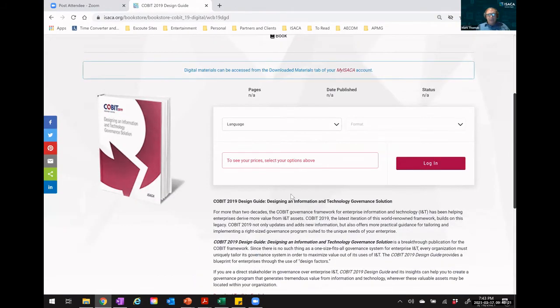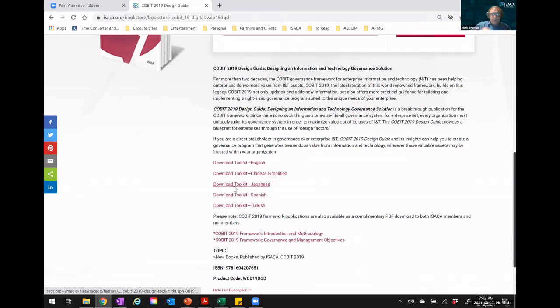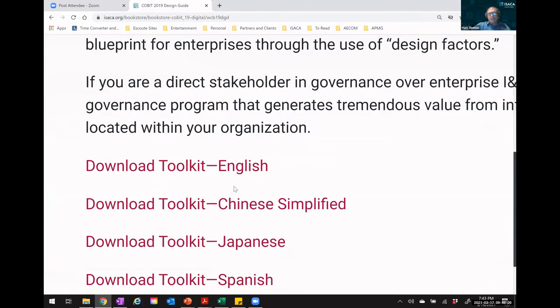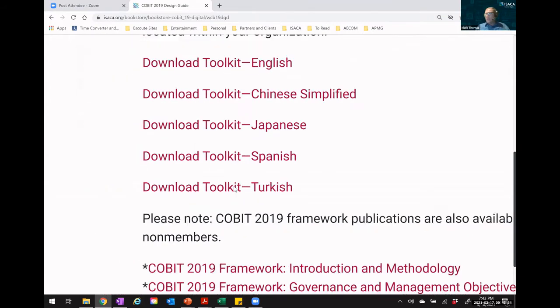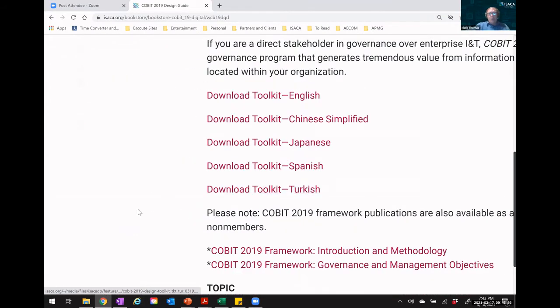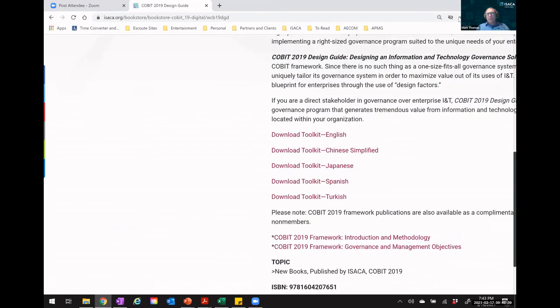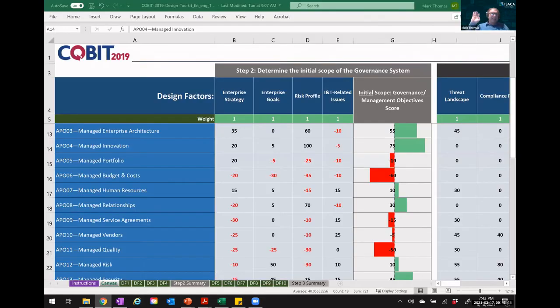Oh, you have to be logged in. So it says here, then download the toolkit right there. You can download the toolkit in English, Chinese, Japanese. I'm not sure what Chinese Simplified is. Japanese, Spanish, or Turkish. So anyway, kind of cool. So you guys got those down there. So I would go out and download that toolkit that I just showed you. It's a simple spreadsheet for you. Okay. You know what? If you have problems, find it. You'll have my email at the end of this, or I can send a copy to the chapter leadership, and they can send this out to you guys here. Okay. All right. So I will hit the crypto transition stuff in a second, but I got a question